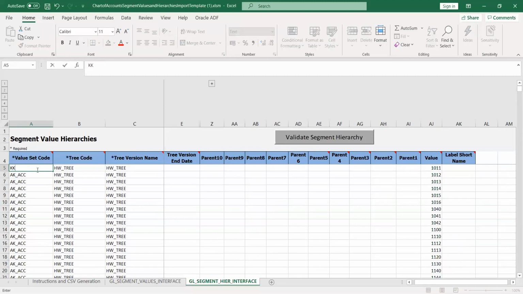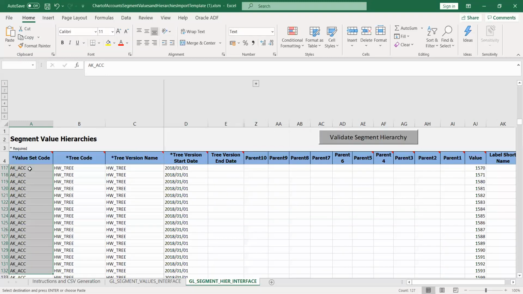Okay, so let me change this value set. Is it mandatory to fill this, or if I don't want a child and parent relationship, do we need this GL segment hierarchy? Yes, this is set up as mandatory. If we don't want to have parent and child, we will just give the values here.